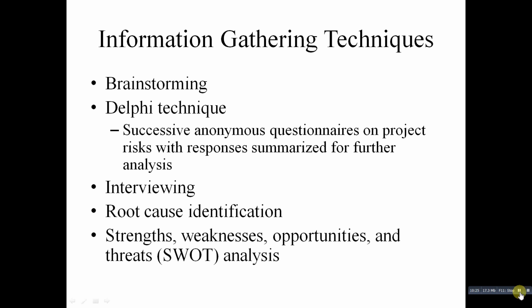Then the next technique is the Delphi technique. The Delphi technique is an approach to gather information that helps prevent some of the negative group effects found in brainstorming. So whatever the drawbacks or negative things collected from the brainstorming technique will be resolved by the Delphi technique. The basic concept of the Delphi technique is to derive a consensus among a panel of experts who make predictions about future developments.